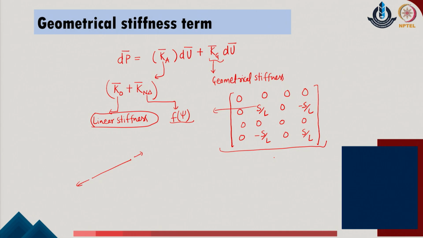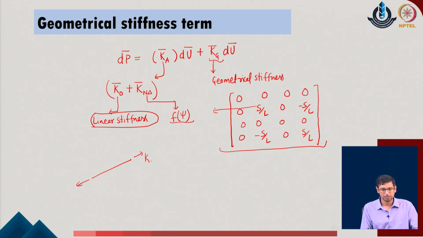So, we consider here now that the linear stiffness is the first parameter which we define as k naught, whereas k of n delta was the nonlinear contribution due to displacement, and the second, k of g. These are the two contributions primarily introduced due to these large deformation problems. So, once we introduce the large deformation in the given system, there is one contribution of the nonlinear changes in the stiffness matrix, and the second, which is the change in the stiffness matrix due to the internally active forces of the given system.